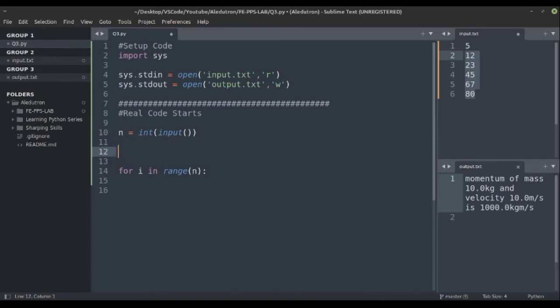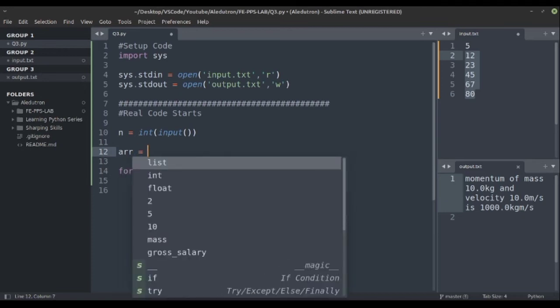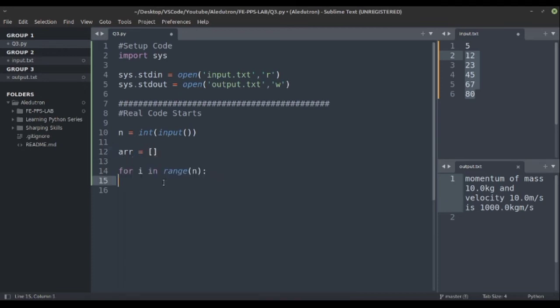In Python, arrays are basically lists. So let's take an empty list, and then array.append the int of input. So we typecast the input to an integer, and after appending, let's print the array.